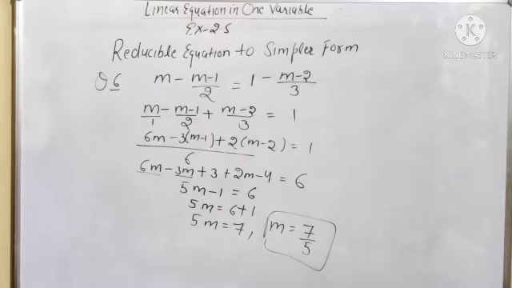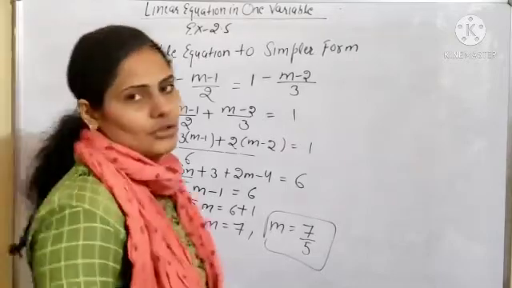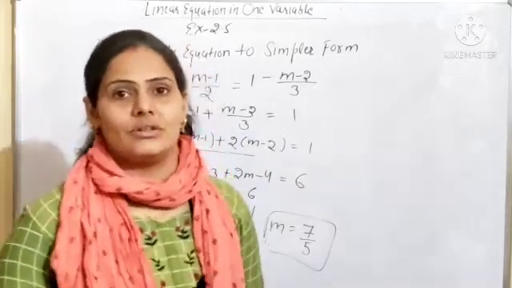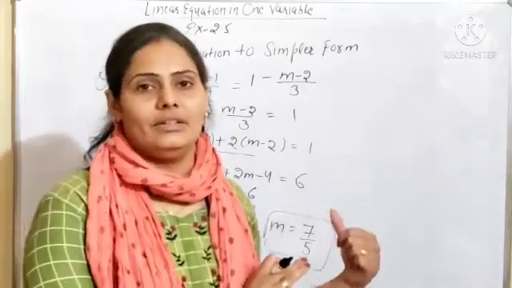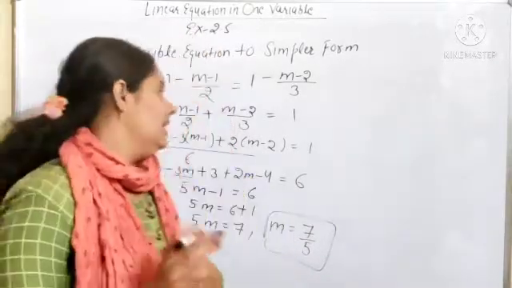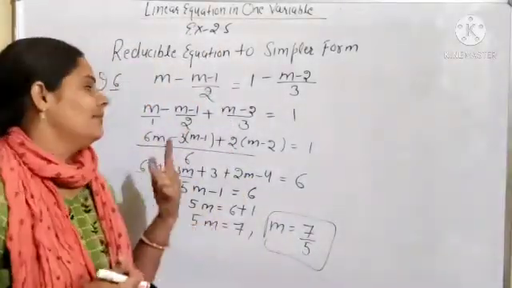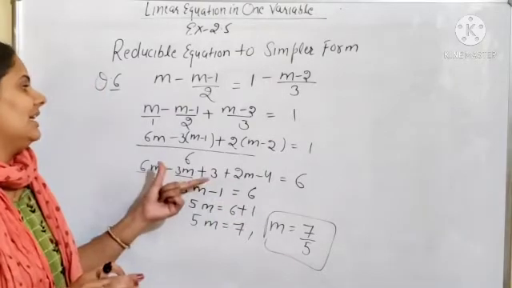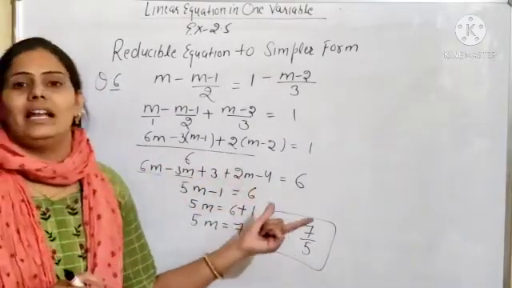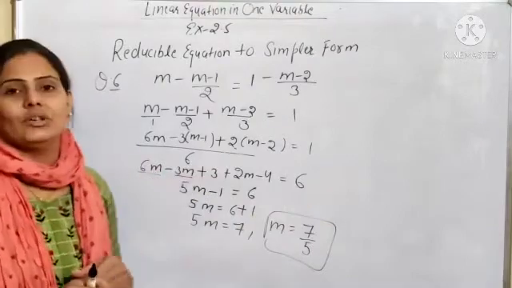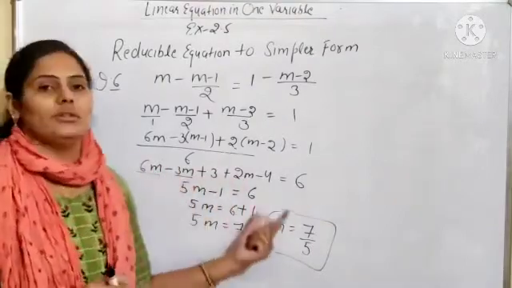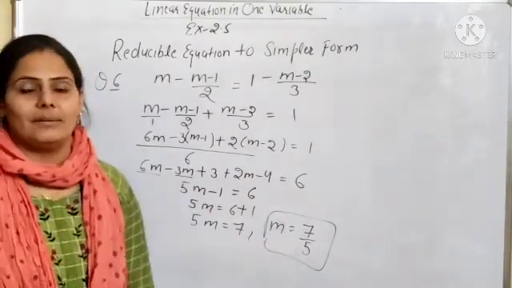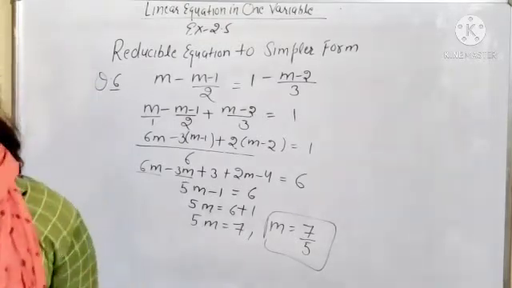So beta, how will you solve? Simple. I have already told you, we have already done 5 questions, and the 6th question we have started. First step, you have to check what the variable in this question is. Second step, you will take all the variable terms on one side and all the constant values on the other side. Third step, you have to take the LCM of the numbers because the numbers are given in the form of numerator upon denominator. After taking the LCM, you will open the bracket with the help of the distributive property. You will get a simple linear equation, you will take all the variable terms on one side and constants on the other side, and after that you will find the value of the variable. So simply it will be m is equal to 7 by 5. Is it clear, beta? Now next question.